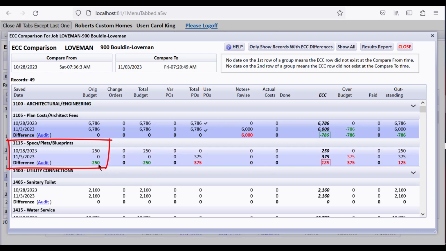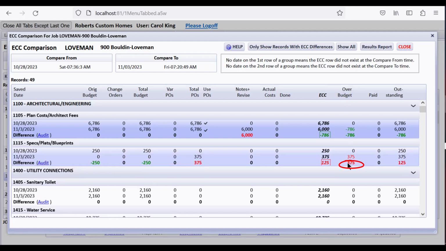If you look here, you can say, well, the budget went down 250, but we put POs in for 375. So on this day, the ECC expected value was 250. Then on this day, November 3rd, when we entered a PO for 375, the ECC became 375 because that's the only thing along here, and there's no budget amount, but if the POs become higher, they become the ECC amount. So all this is showing you is the difference in the two ECC amounts caused by these various things along the line. And then this became over budget because there was a 0 budget and it went up by 375,